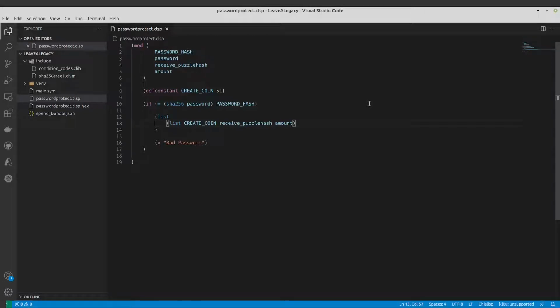It's time to build the main puzzle of this legacy coin, and that's going to be our legacy puzzle. So let's get started with that right now in this video. I'm going to create a new file in my legacy project, and that's going to be called